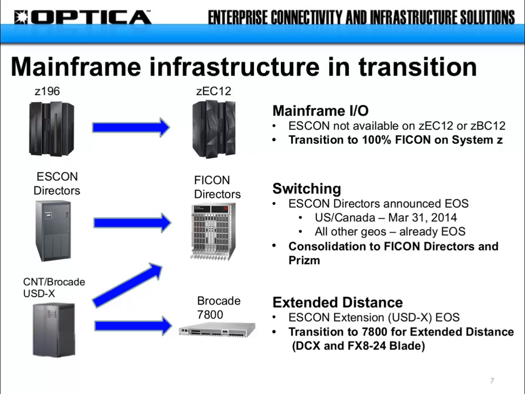Okay, and then finally, in the extended distance category, what we're talking about is IP channel extension, and a large majority of the marketplace is handled by the old CNT product known as USDX. There's a very large installed base of USDX ESCON channel extension gear. That gear is end of support status as well, most models of USDX. Brocade's newer solution, the 7800, will actually extend the FICON channel over IP. So don't forget about your distance solutions, and moving to the next mainframe platform and your requirement to migrate forward to a FICON channel extension-based solution if you're running ESCON today.